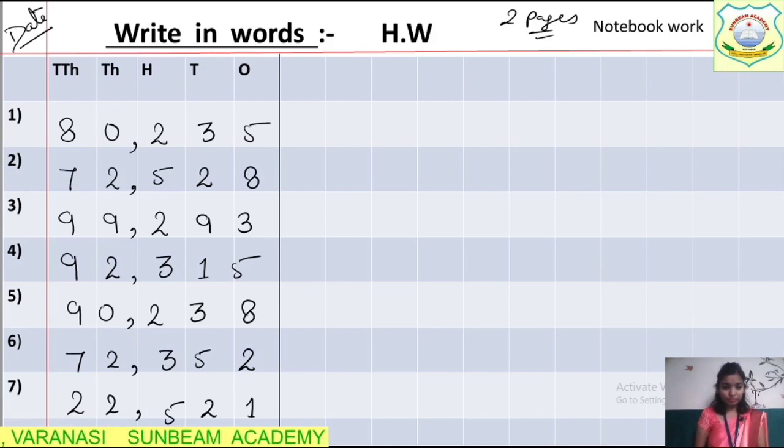Okay. 45,639. Do 4 questions in one page and 4 questions in the next page. Okay. This is question 8. In 2 pages, up to 4 do in one page and then the rest do in the next page. And after doing one question, leave one line and then write down the next one. So your notebook will look nice. All right.